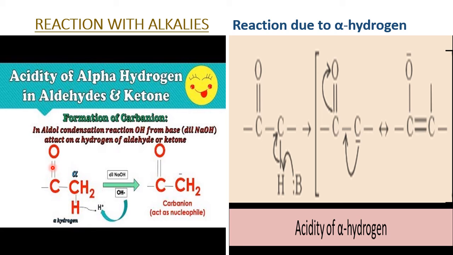After giving the hydrogen, whatever is formed, the carbanion, undergoes resonance. Even after giving, it converts itself into a carbanion, and that carbanion is stabilized by resonance, as shown here. So the hydrogen attached to the alpha carbon is removed easily because of the C double bond O. That's why these alpha hydrogen atoms are called acidic hydrogen. And we make use of this property in the chemical properties of the aldehydes and the ketones.